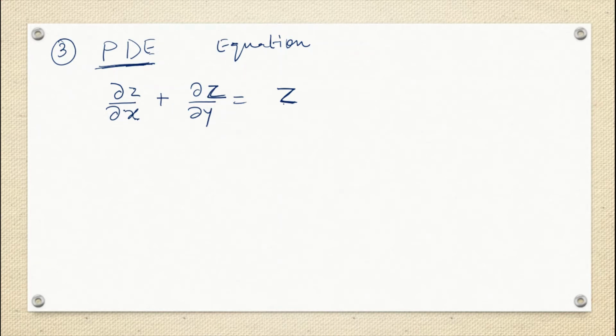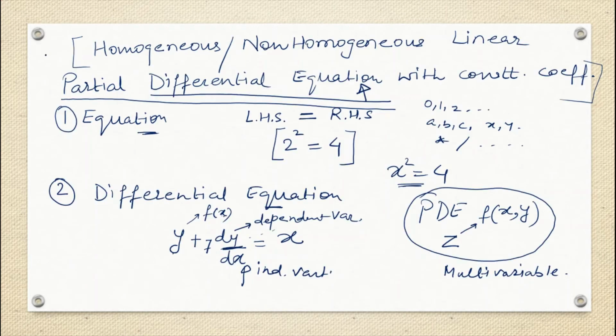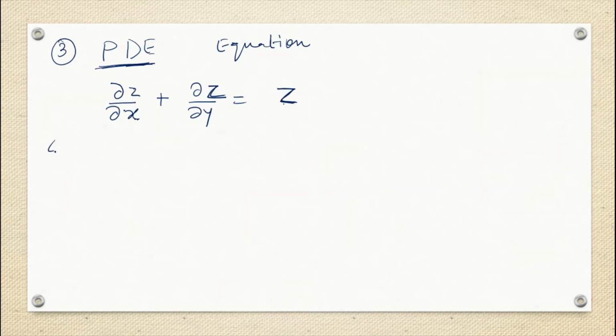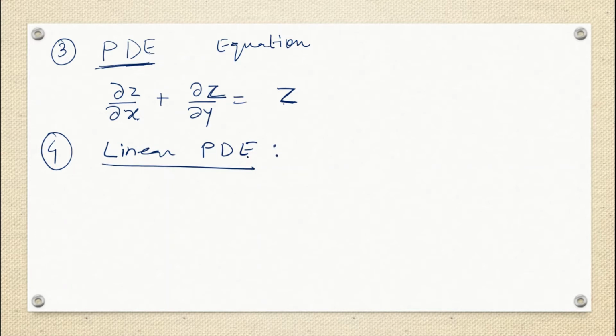Fine. So if we understood what is partial differential equation, then we need to understand what is called a linear partial differential equation, right? So now we are jumping to linear partial differential equation. So what does it mean? So linear partial differential equation will be what? This is a partial differential equation for sure, but it has some added property. And what is that property? So first I'll write down one example of linear partial differential equation.